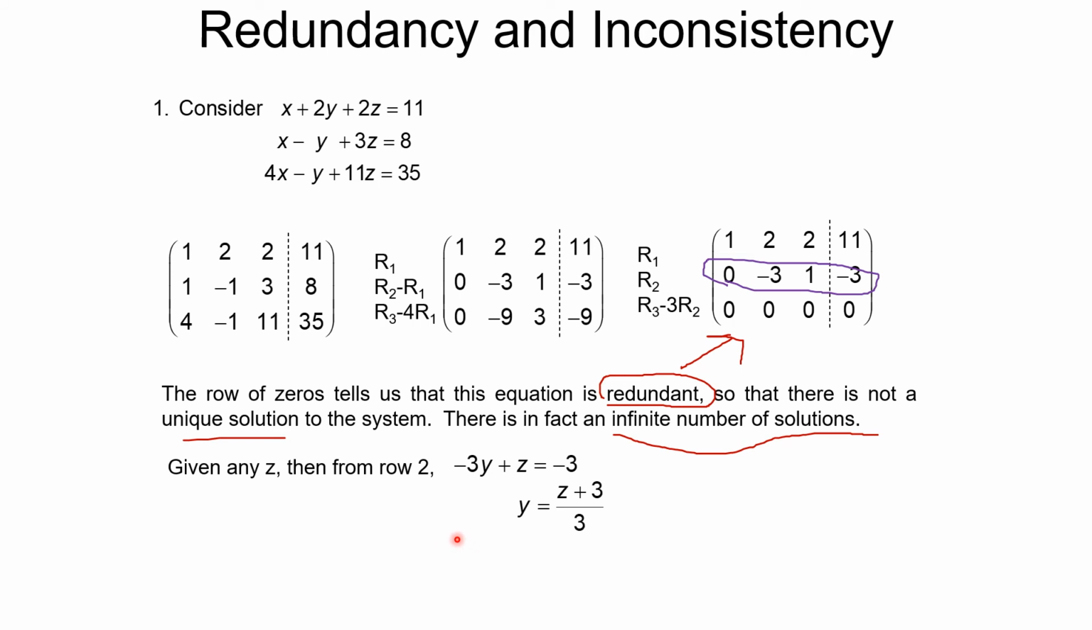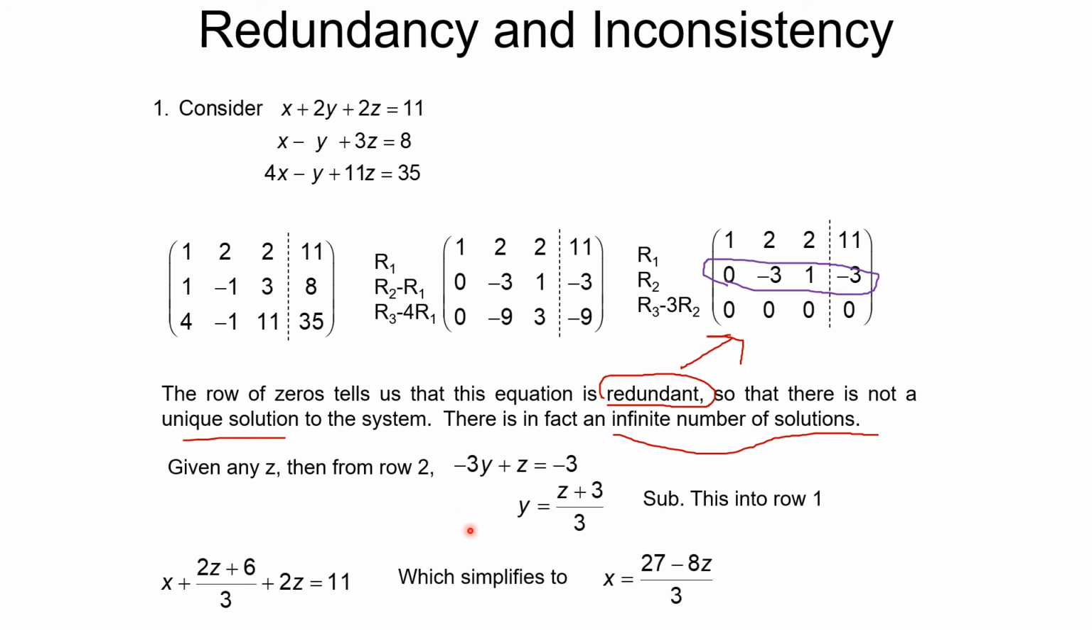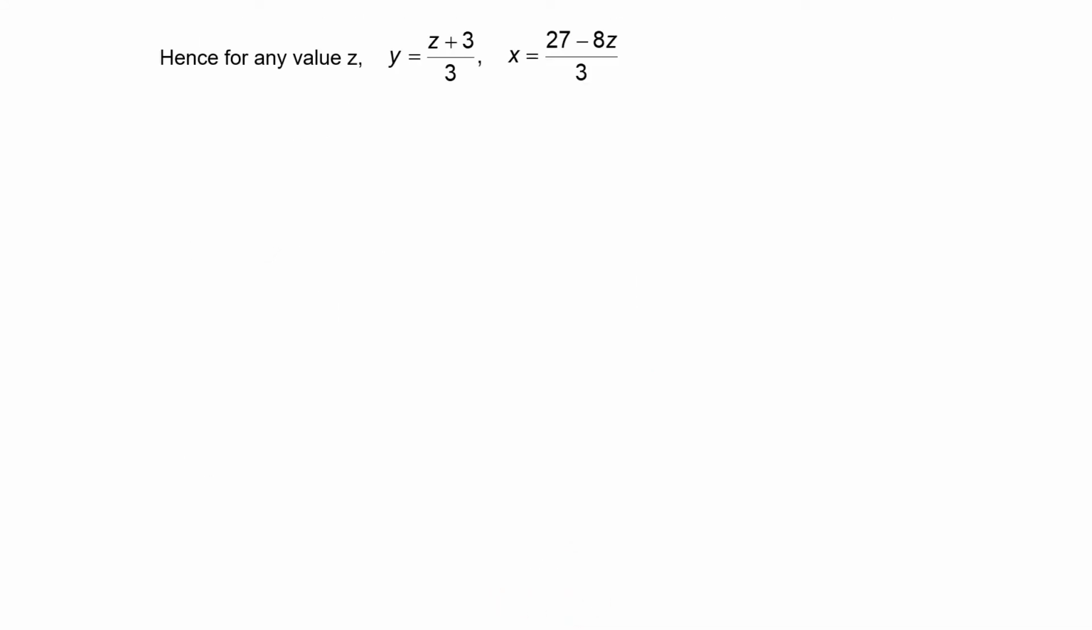Okay, once you get y in terms of z, you can move on to the first row, which is x plus 2y plus 2z equals 11. Okay, y equals (z plus 3) over 3 is substituted into row 1. So we should simplify x in terms of z. Right? So you will get x, y, and z in terms of z. Once you get x, y, z in terms of z, this system has infinitely many solutions because each time you assign a z value,